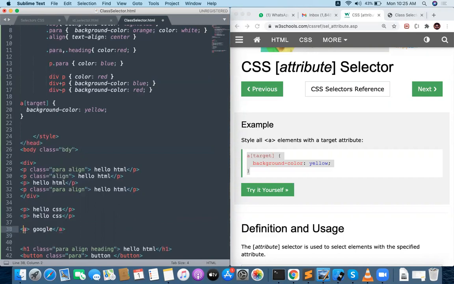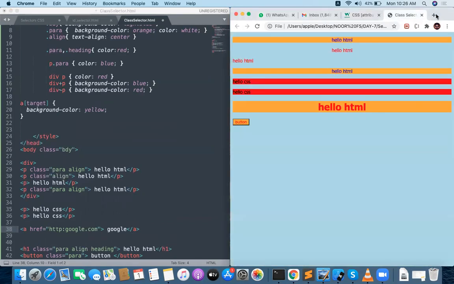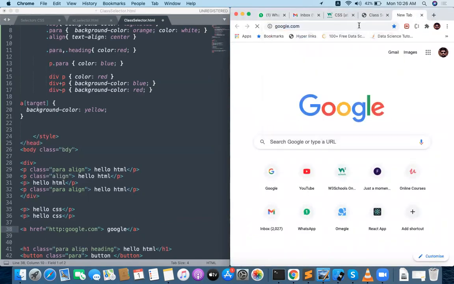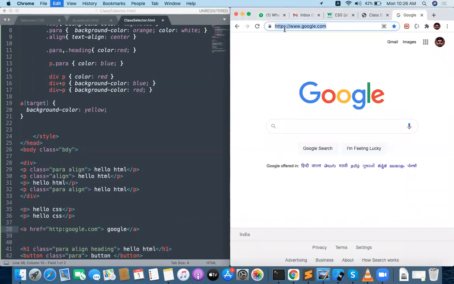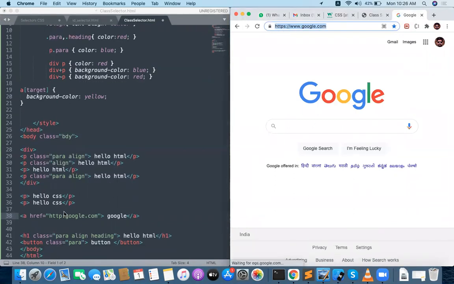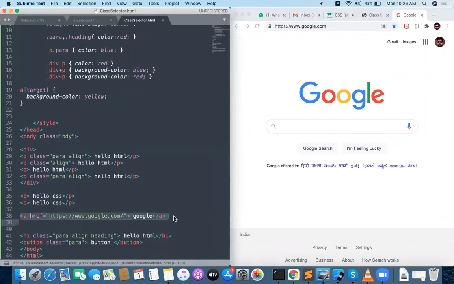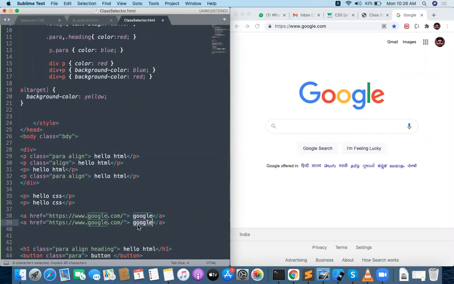Let me have a hyperlink, href equal to https://www.google.com. So this is my Google link, and let me take an Apple link also. This is the Apple link. I will be having two hyperlinks over there.